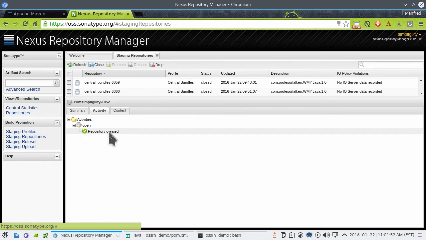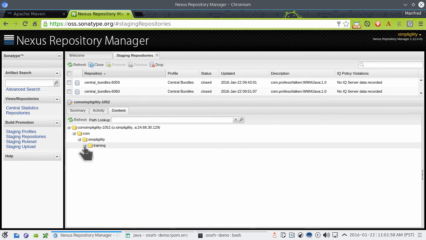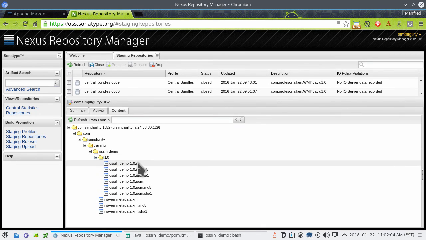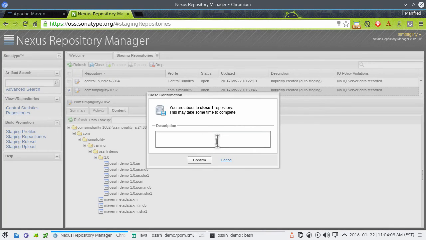We see here the repository was open and created. And we can check out the content, and it is right in that folder structure that we have access to, com simpleagility and then something underneath. And there is our jar and our POM. To release this content to the central repository, we have to just close and then release this staging repository. So we have selected here, I can press close and say it's ready to go. I press confirm,